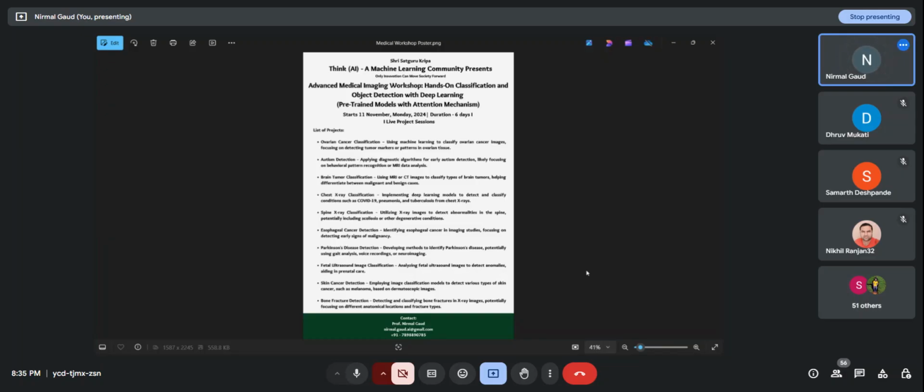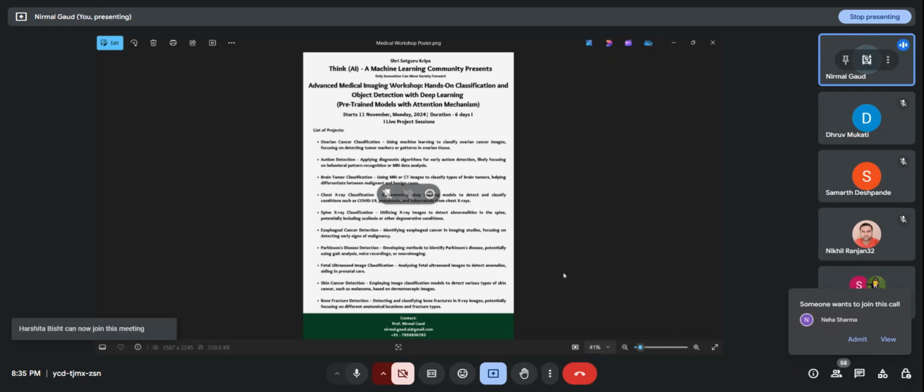In the solutions, we have to apply deep learning pre-trained models. We have to include some mechanism in it which will give us better results. And then we have to evaluate our models to check the results which we have obtained.